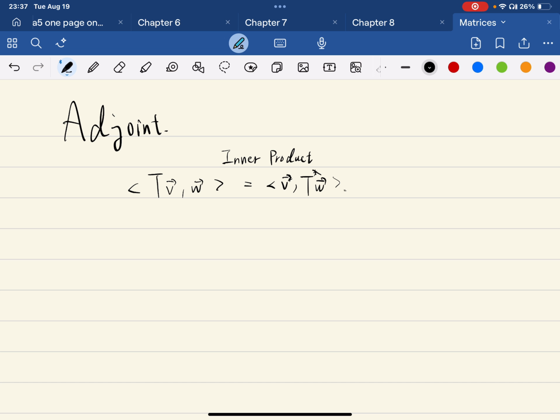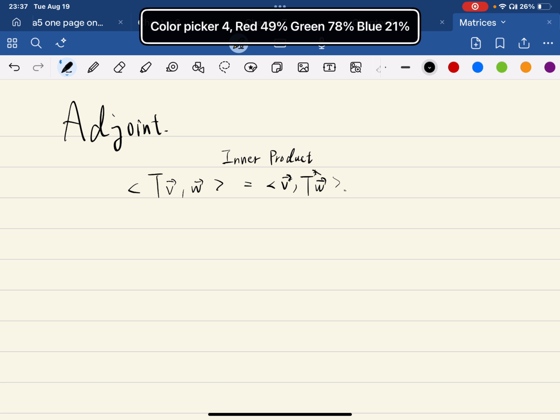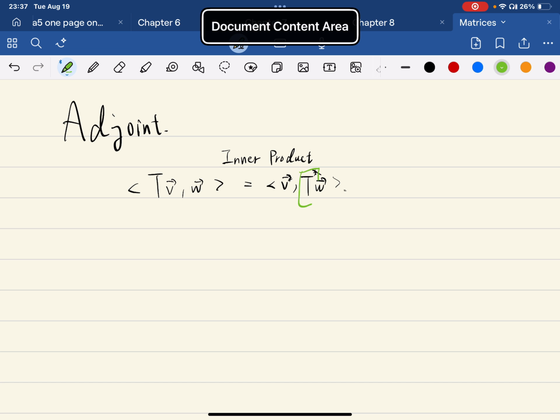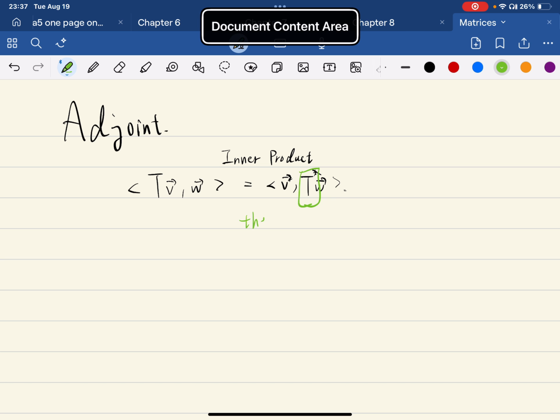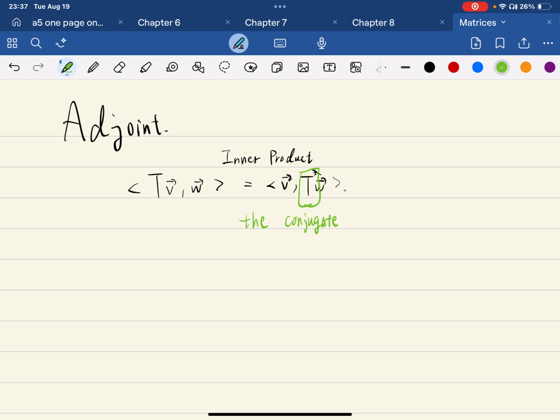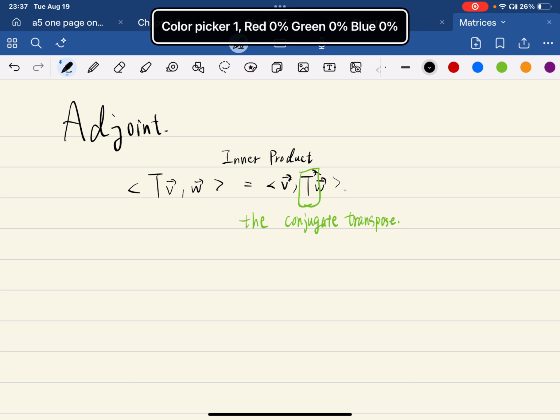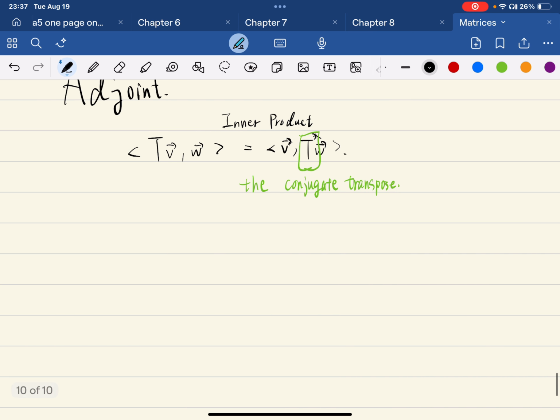So the first one worth noticing is how to calculate this one. This is called the conjugate transpose. So we have something to be